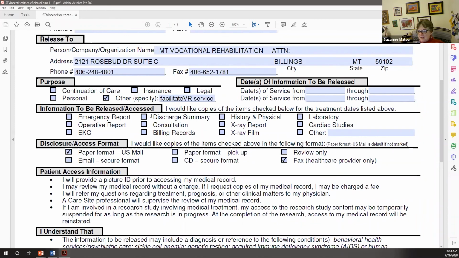One of the things I see here is the "other" option. Those are really sensitive areas, so make sure you're being very specific about the "other" and that you don't leave something to someone else's imagination.